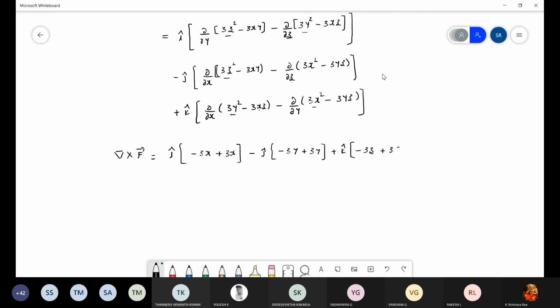Okay, and you can observe all negative and positive get cancelled and the final answer is 0. Therefore curl f equals 0. Okay, so in this problem you have to calculate three things. First you have to calculate vector f, then after getting vector f we have to calculate divergence and curl. So three sub-problems in that.